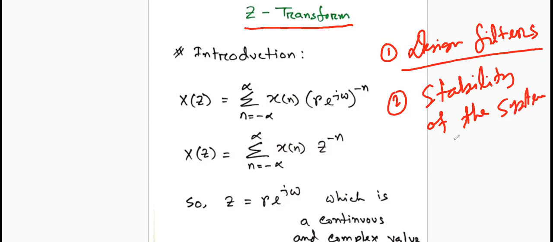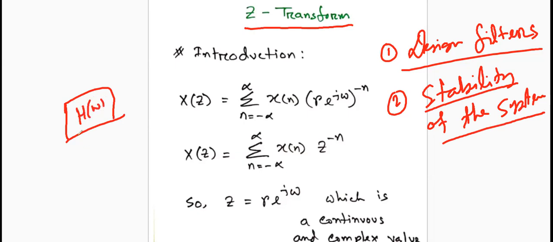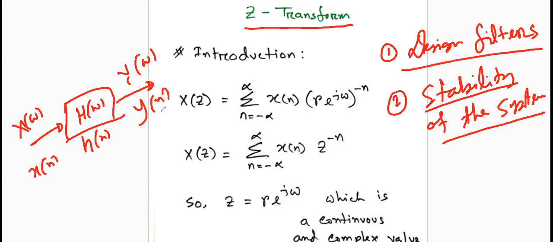Try to understand stability of the system, not stability of the input signal. Whenever you are giving some input to your system represented by H omega or Hn, that means the impulse response, and input is X omega or Xn, due to that you find Y omega or Yn in the time domain. Whether the system is stable or unstable,